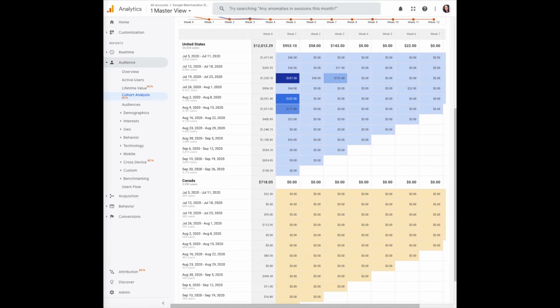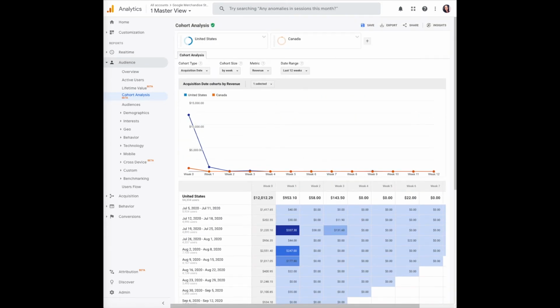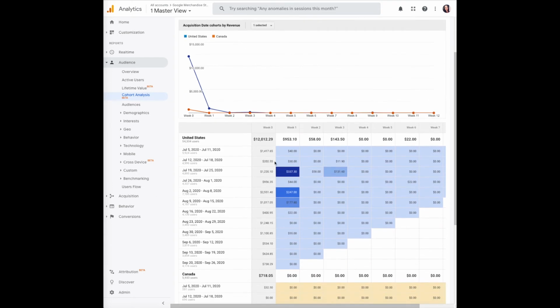So to read the cohort analysis report, you may see that while transactions increased overall, revenues declined in week 1 and then completely drop off for the most part here in week 3. So now we know we need to re-engage users in week 1, probably with a discount, and in week 3, showing them new products that have been added or new products that they may be interested in before they drop